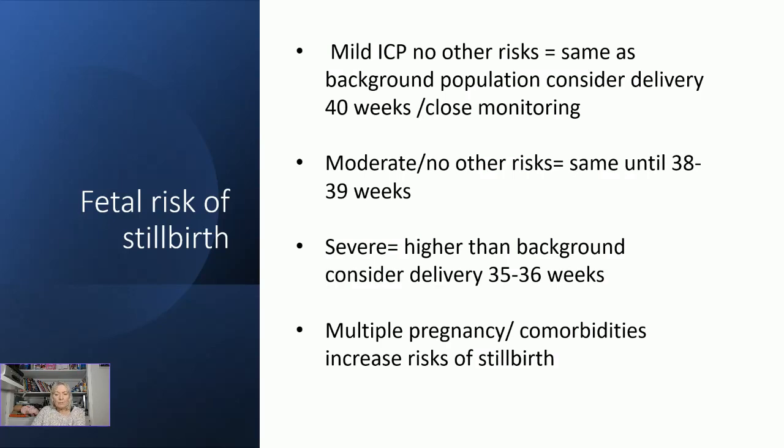And if there is a moderate ICP but no other risk factors, the risk of stillbirth is the same as the background population until they get to about 38, 39 weeks, and then it seems to increase at around that gestation. So offering delivery around that term or induction around that time would be